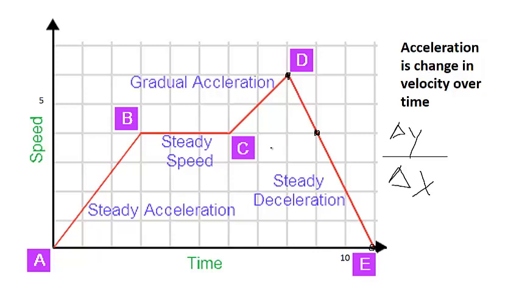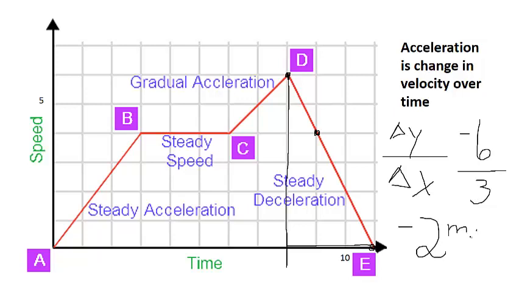Now in this case, because the grid lines are not marked, I'm just going to go ahead and assume that every grid line means 1 meter per second, and then every grid line on the x-axis is going to be 1 second. So our change in y, here's 5, so 6. So our change in y is actually -6 because we're going down. And then our change in x, we have gone over 1, 2, 3. So -6 divided by 3 would be -2. And this is going to be meters per second,